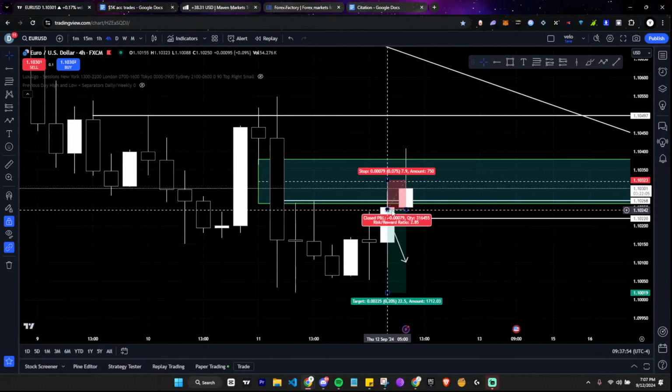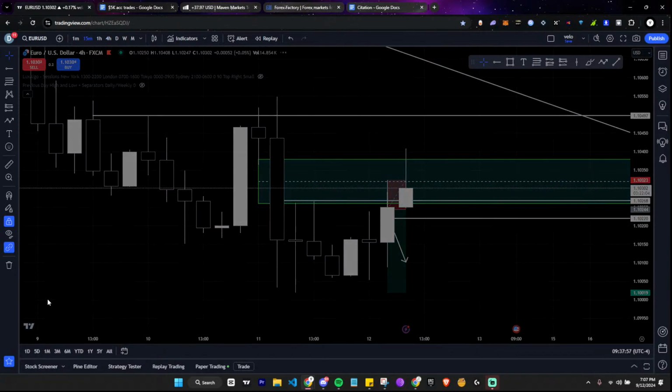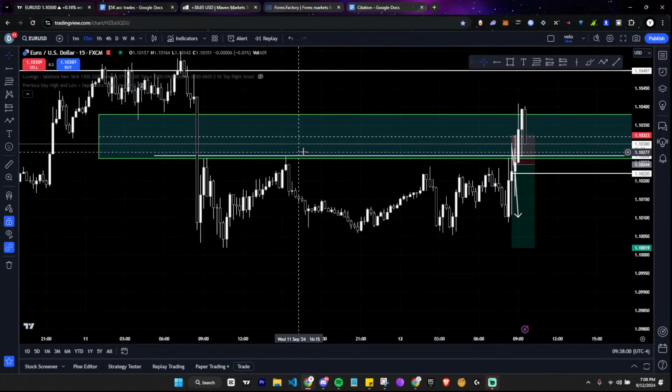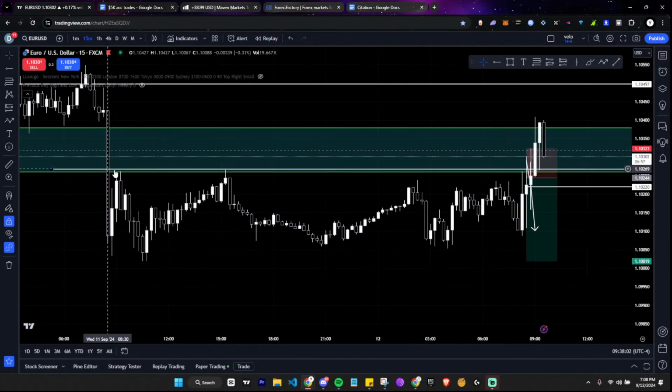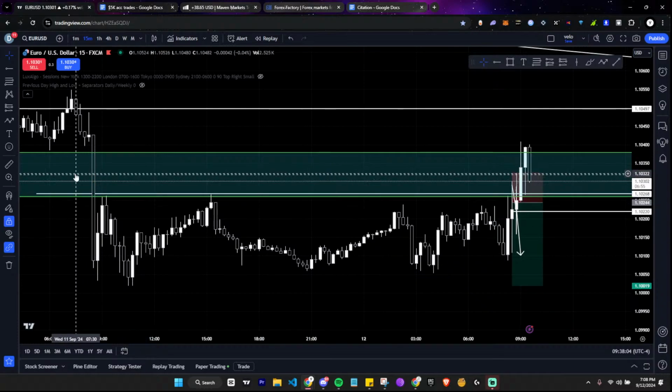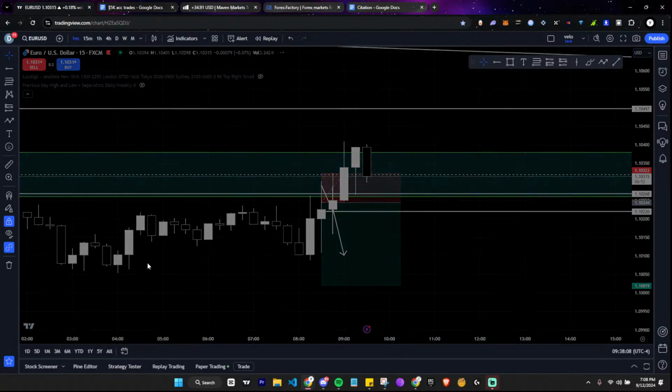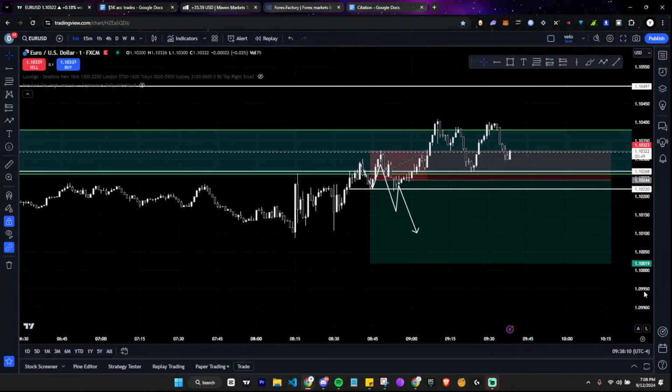But over here, as you can see, on the 15-minute, I dropped down to my 15-minute. So you can see that there are relatively equal highs in this area. So there's a bunch of rejection wicks as well. So I was expecting price to sweep right here, and then on the 1 minute after I saw a market structure shift, like over here, for example.